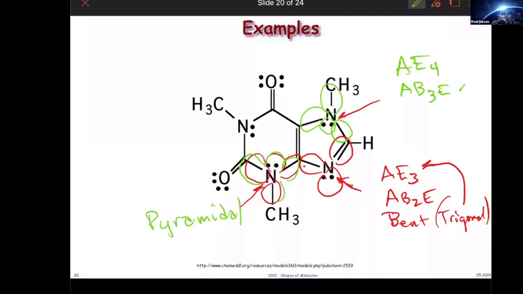So what you will see in some of my exam questions is I will give you a chemical. I would number these central atoms and I will ask you what is the geometry around each central atom. And it's not difficult to do. All you've got to do is look at each central atom, count the number of electron domains that are shooting out,